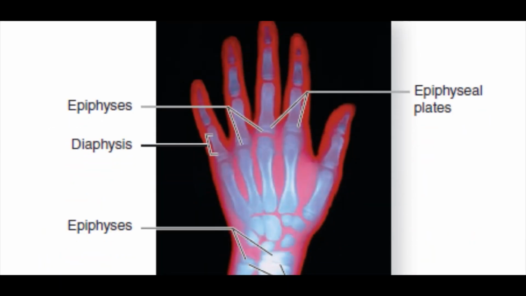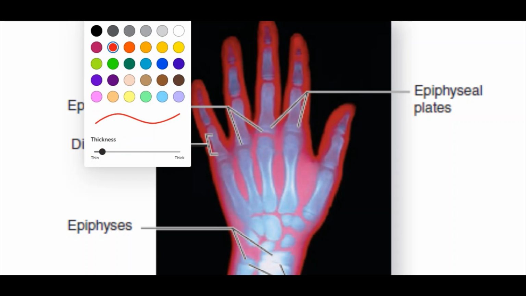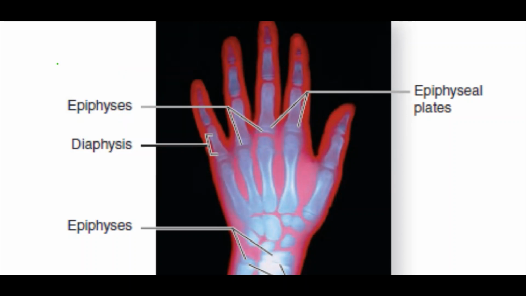Alright, so this is where you find the epiphyseal plates in the fingers. Here, let me label it. So here, between these are metacarpal bones and the first phalanx here. And then in the long bones,